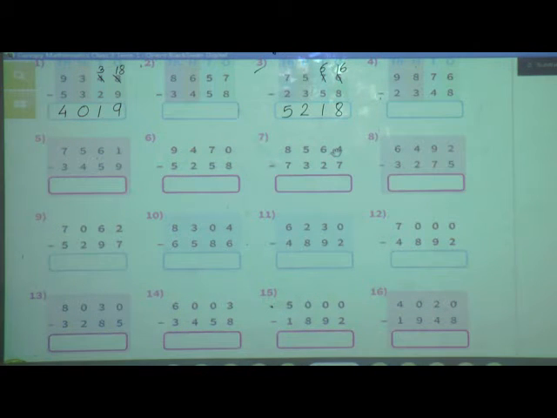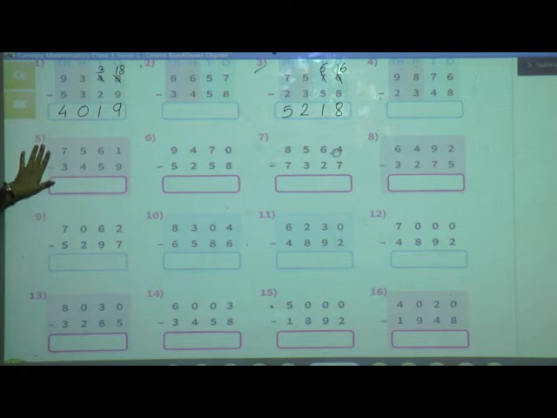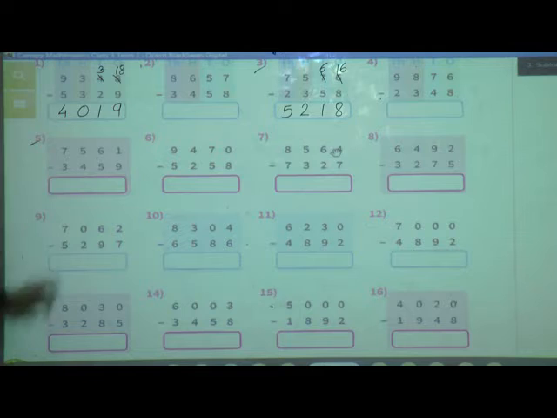So 7,576 minus 2,358 is equal to 5,218. Okay. Now which one is the odd number after 3? Yes, 5th. This we will take. Okay. What are the numbers in the fifth example? 7,561 and the other number is